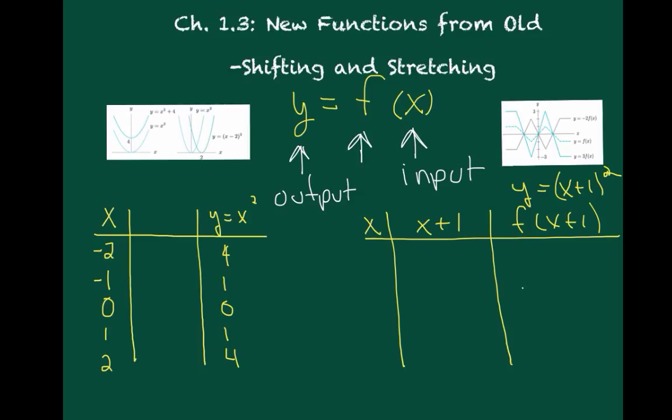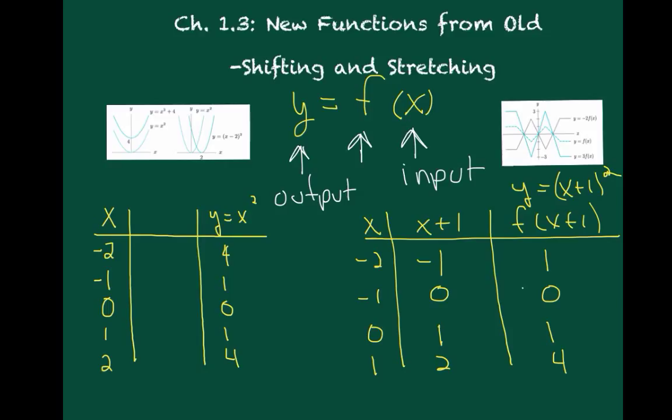So for instance, when I plug in a -2, the function thinks it's getting a -1, so the output is 1. When I plug in a -1, the function thinks it's getting 0, and so the output is 0. When I plug in a 0, the function thinks it's getting a 1, and so the output is 1. And when I put in a 1, the function thinks it's getting a 2, and so the output is a